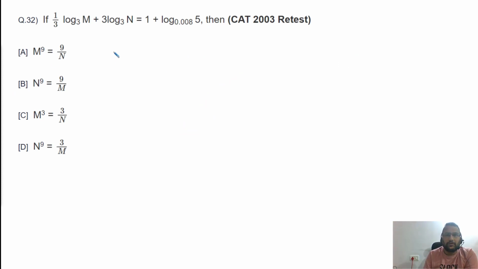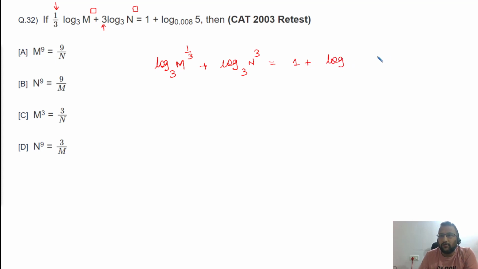Question number 32 is again from CAT 2003. Over here we need to find the relationship between m and n. One equation is given. On the left hand side, we can write log of m to the power 1 divided by 3. This 1 divided by 3 will become the power of m over here to the base 3, plus over here this 3 will become the power of n. So log of n to the power 3 to the base 3 is equal to 1 plus log of 5 to the base